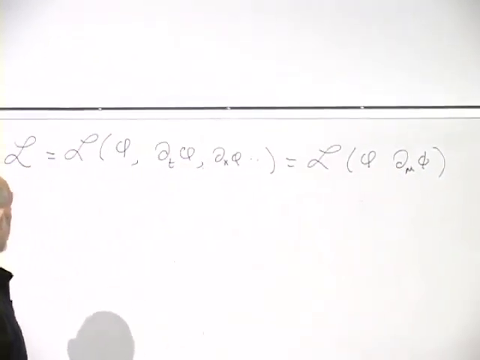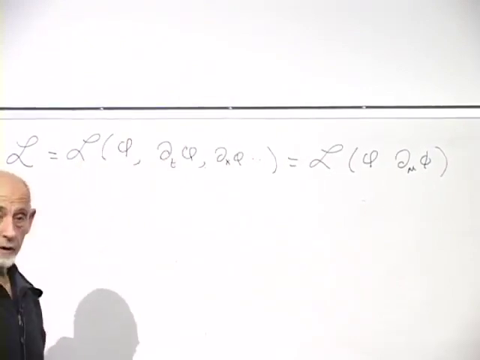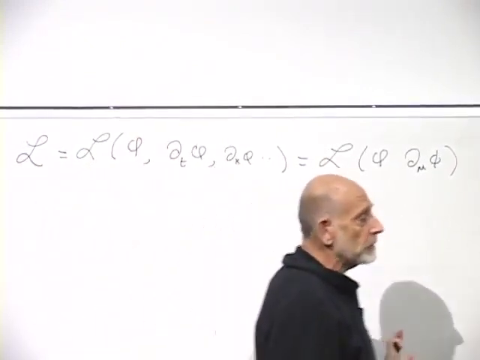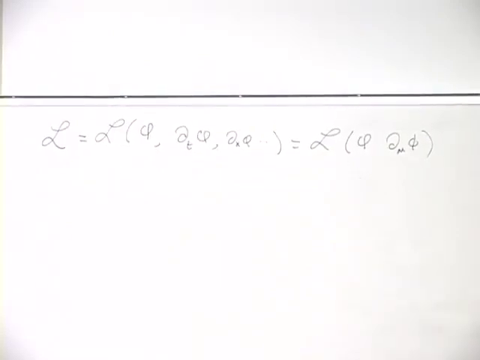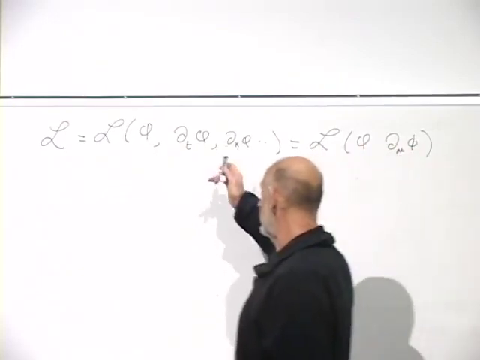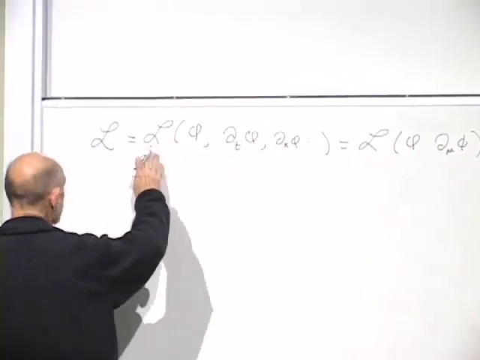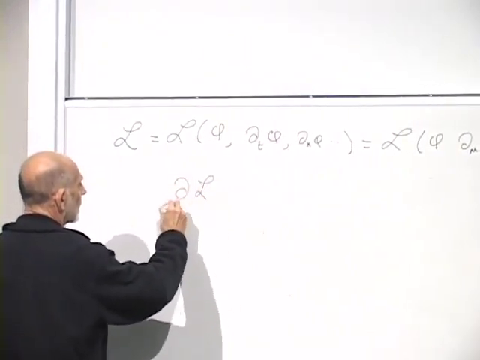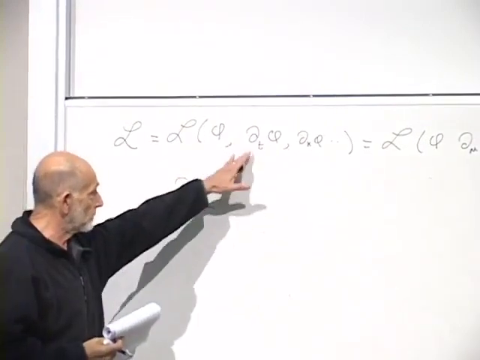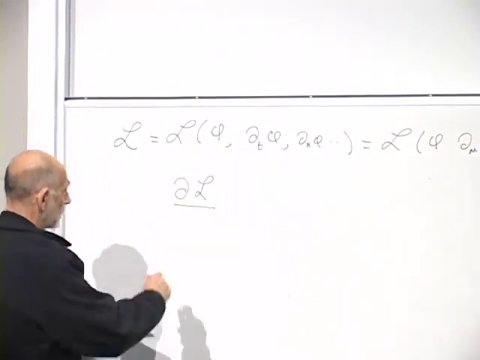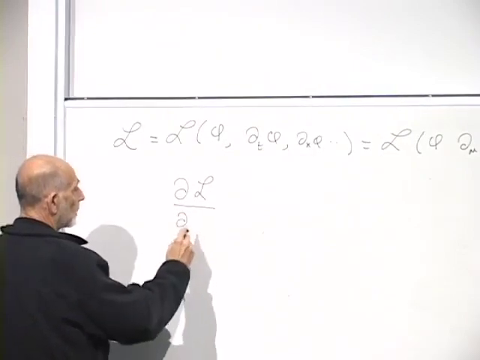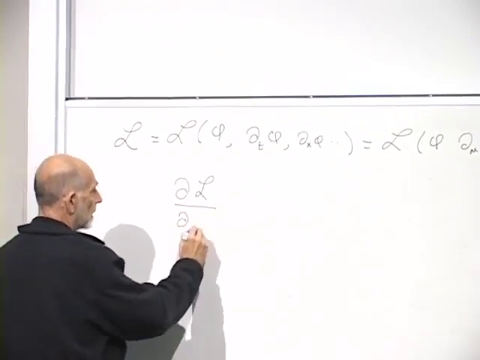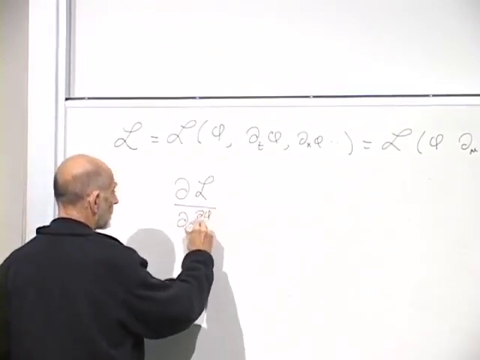Okay. All right. Now, what do you do with the Lagrangian to generate the field equations? I'm not going to prove this. We're not going to argue for these equations. We've done that in the past several times. I'm just going to tell you what the rules are. The rules are to generate the equations of motion, you differentiate the Lagrangian with respect to the derivatives of the field. For example, derivative of L with respect to derivative of phi with respect to t.